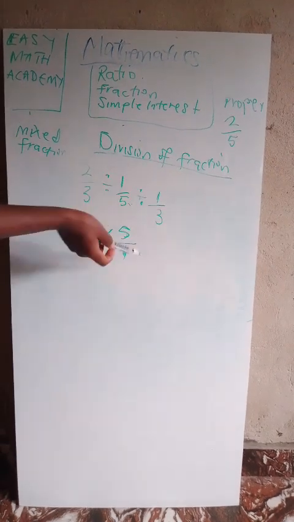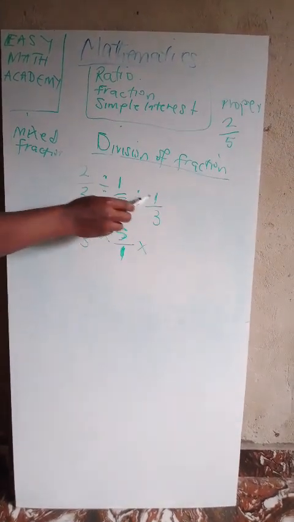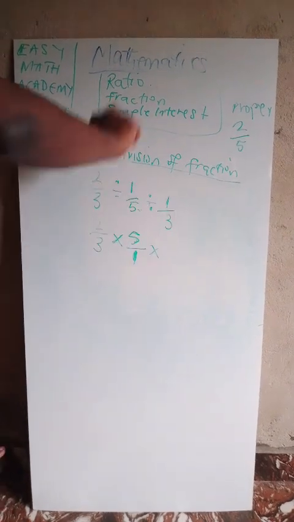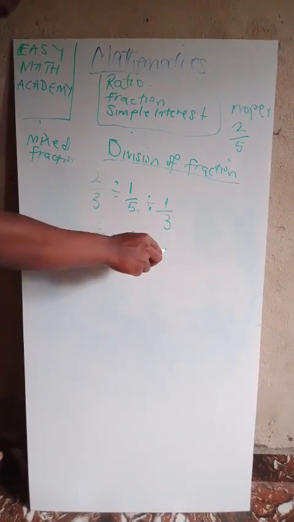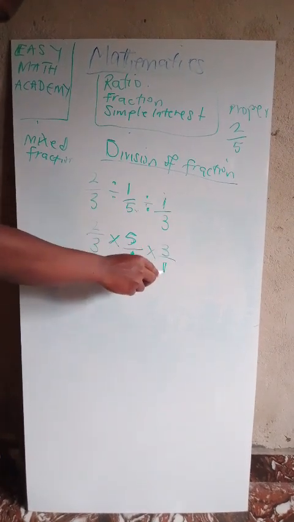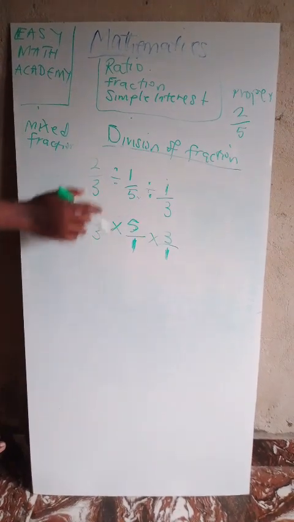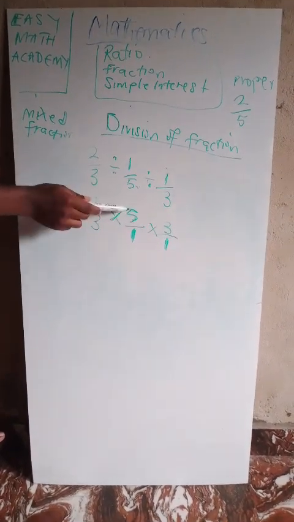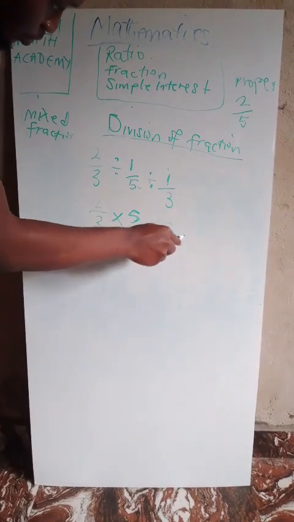Then here we also have divide, so times. And whenever there is divide in front of any fraction, you must turn it upside down. So you turn it, we have 3 over 1. After arranging it, you look at it properly to see if they are the same. As you can see, 5 is down here, but 5 is up. We have all turned them upside down. Then equals to,